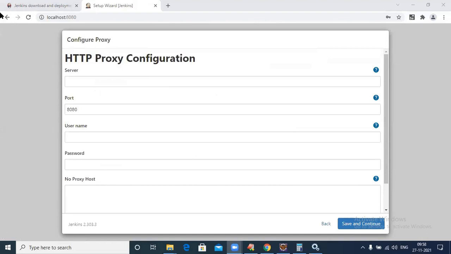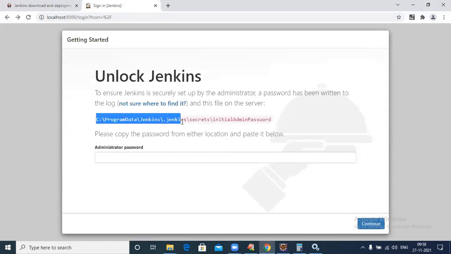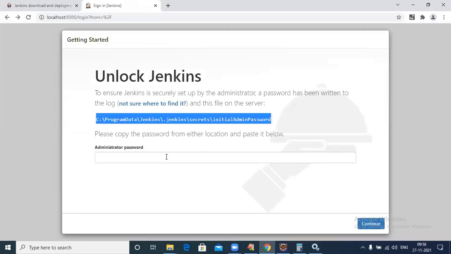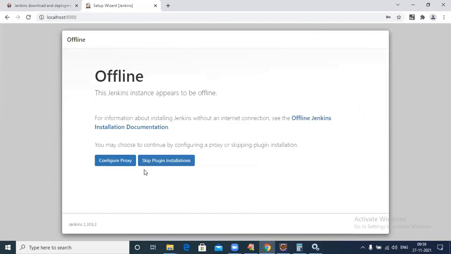Yes, in your machine the password will be there. In the path the password will be there. In this C program data Jenkins secrets. Just now I opened a password. That password only. Again you are asking what is the password. In your machine, go to that path. The password should be there.